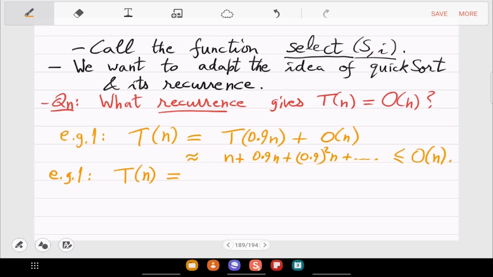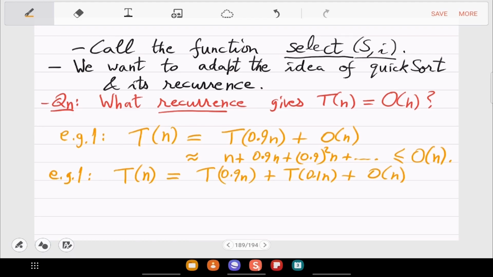So what will happen if you did both 0.9 and 0.1, and on top of that, linear spending? What is the solution of this? Sorry? Is it O of n?